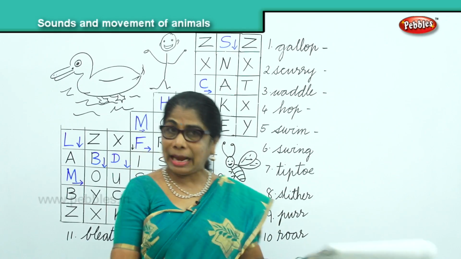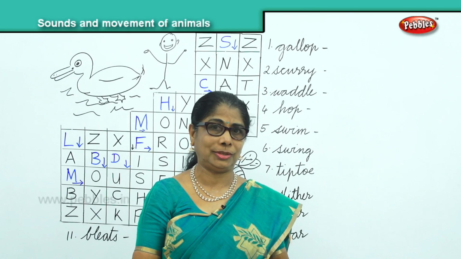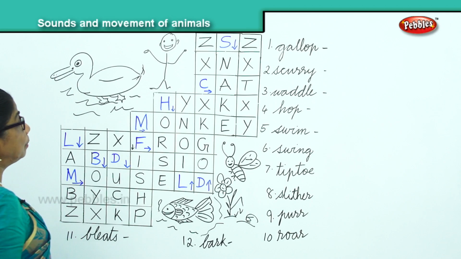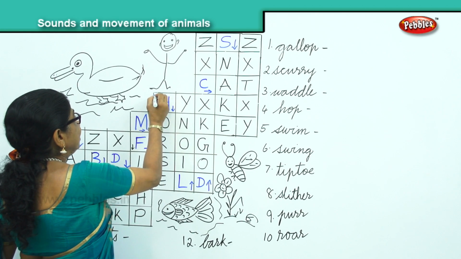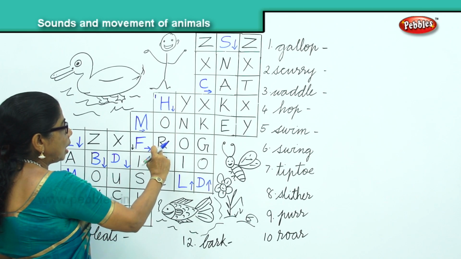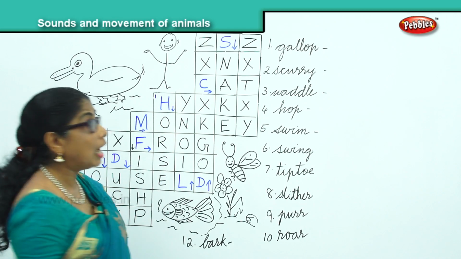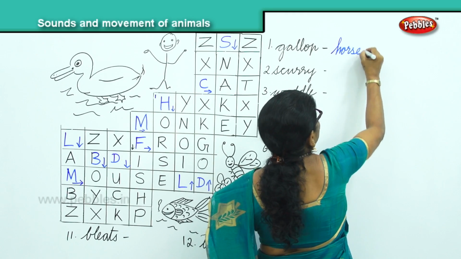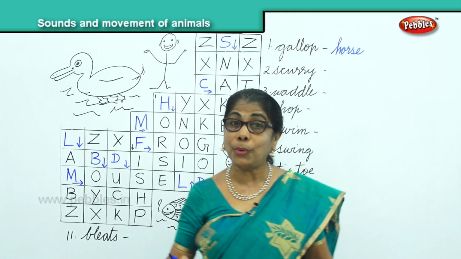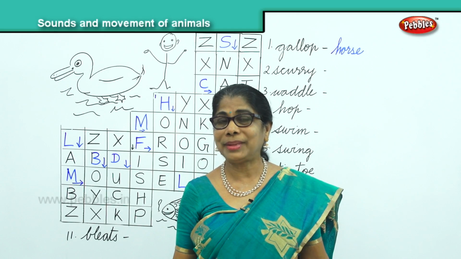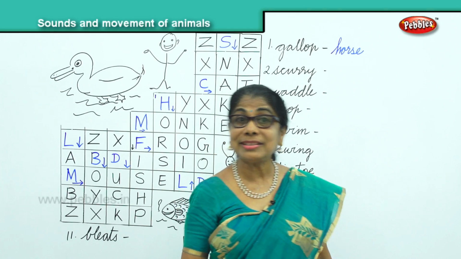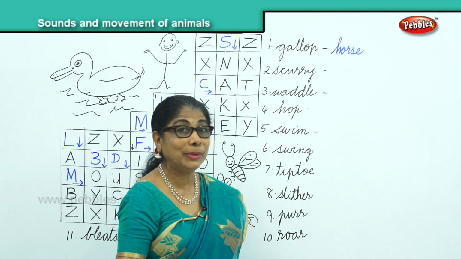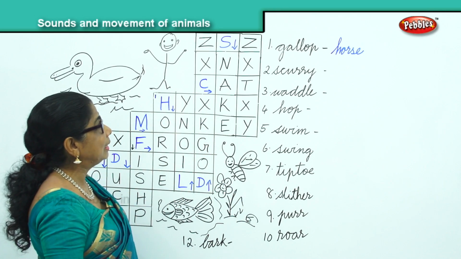First of all, galloping. Who goes galloping about? You like to gallop on something? Yes, the horse. Where is the horse? Number one is horse. H-O-R-S-E. Who gallops? A horse. So you found the horse. You also like to go galloping on your horse. At the beach, there are horses. You sit on it, have a ride, and you can gallop about with him. That's a nice, enjoyable ride.